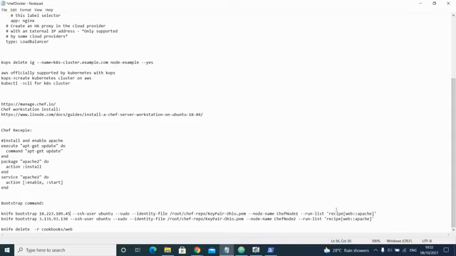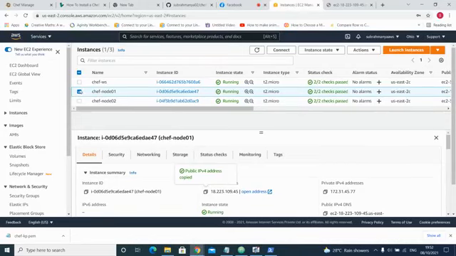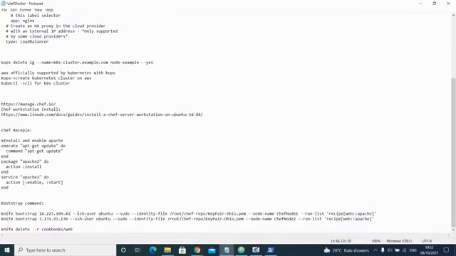Then your recipe is present inside apache. Similarly, I'll copy the second one, I'll copy the public IP and I'll come back and replace it with this one.